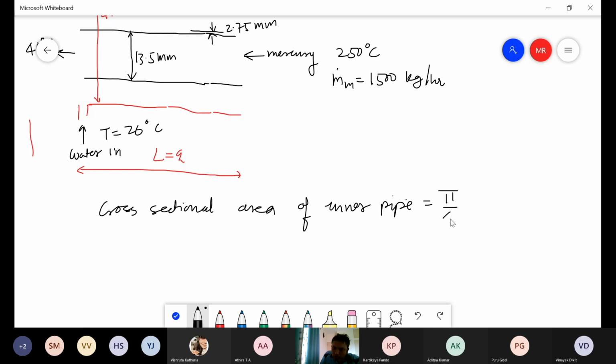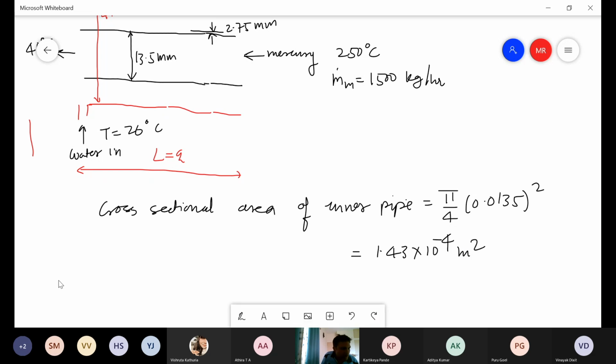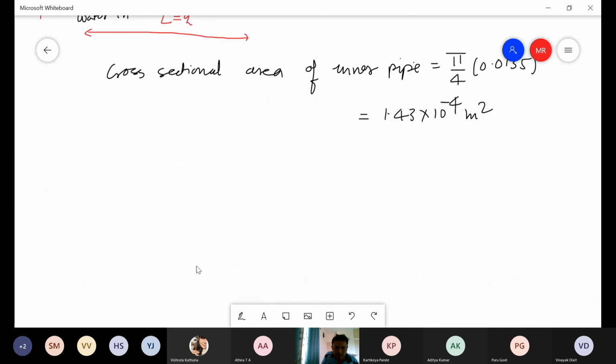Pi by 4 di square, isn't it? So that becomes 0.0135 square. So this comes around 1.43 into 10 raised to power minus 4 meter square. Okay. Similarly, the cross-sectional area of the annular region,